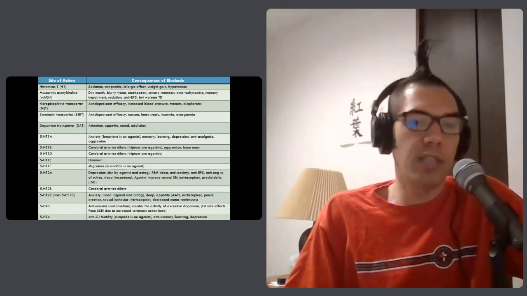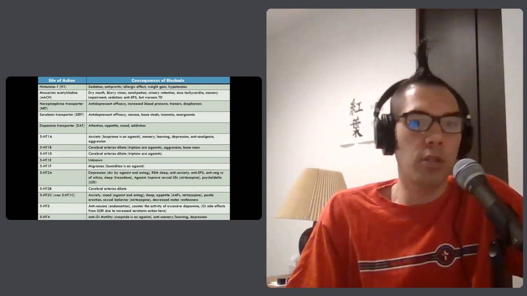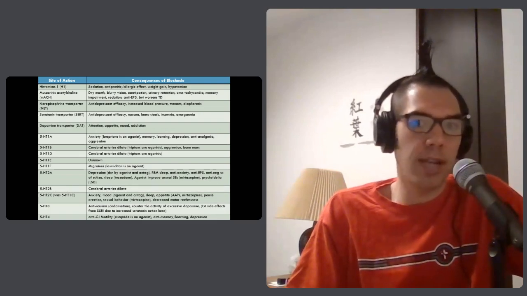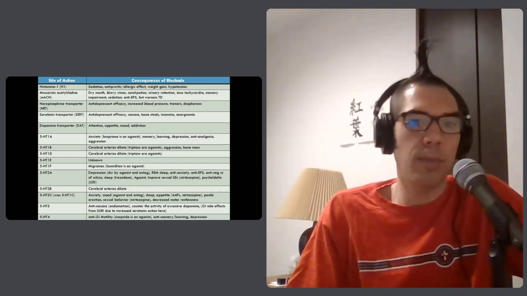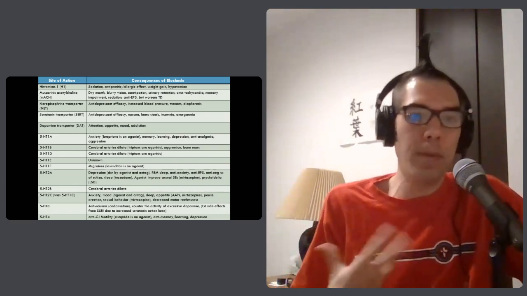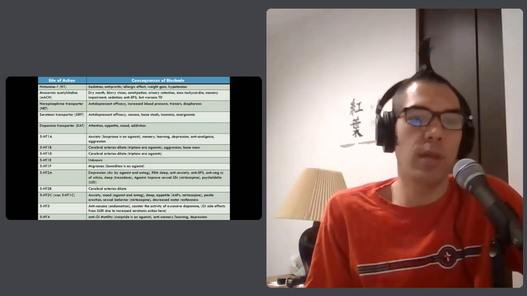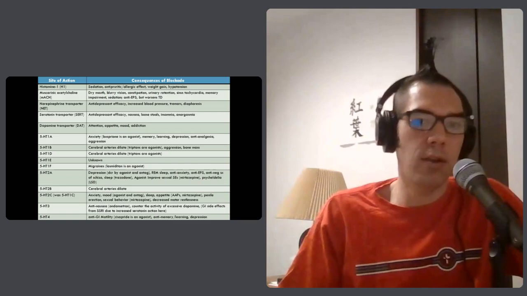And then the 5-HT3 receptor, we're still going. There's tons of them. This is where a lot of the nausea medications, like Zofran, ondansetron, act at the 3 receptor. This is kind of where we think when we have more serotonin, it's what causes us to be nauseous. So by blocking the 5-HT3 receptor, we're counteracting that nausea.